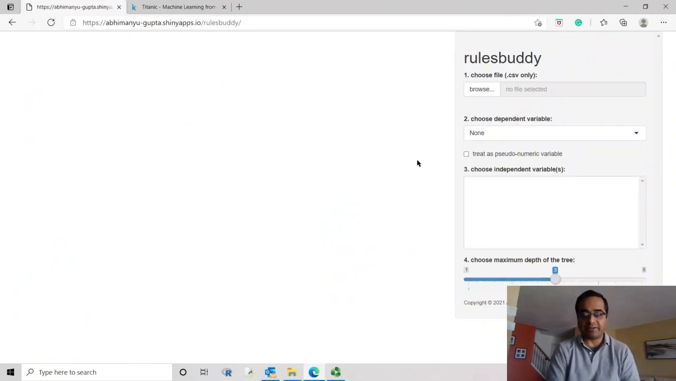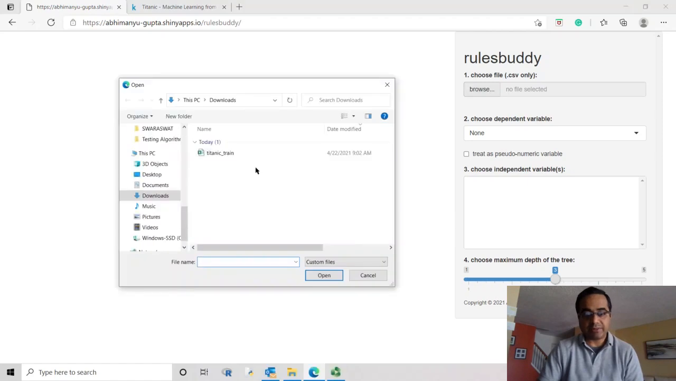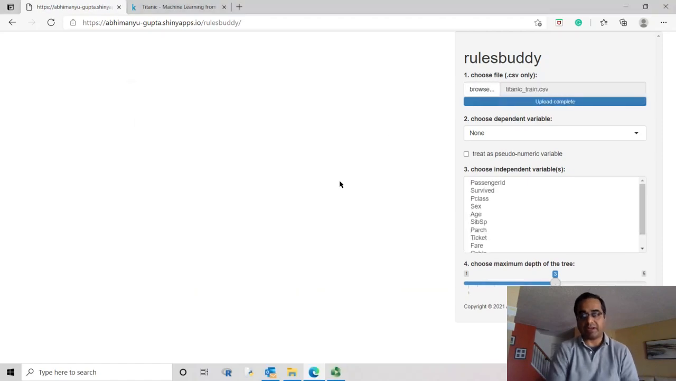I have recently created this Shiny application. It's called Rules Buddy, and this does nothing but create a decision tree from the data that we choose. So I will go ahead and access the training data from this, and you see the columns appearing here. My dependent variable is survived, so basically I want to find out what are the factors that influence the survival of the passengers. So the first thing that I'm going to do is click on P class,